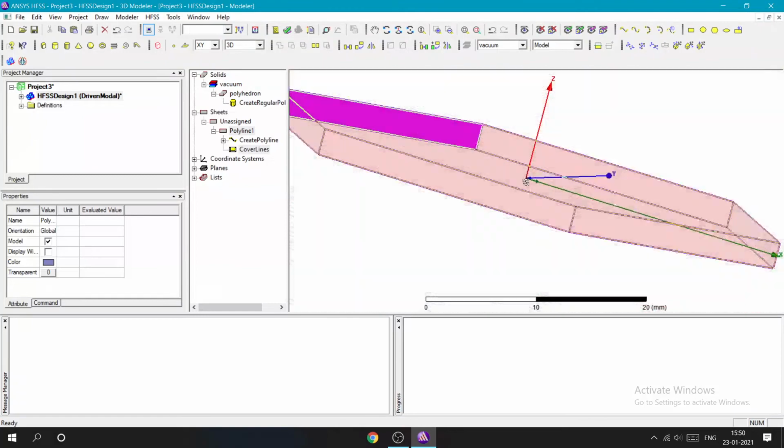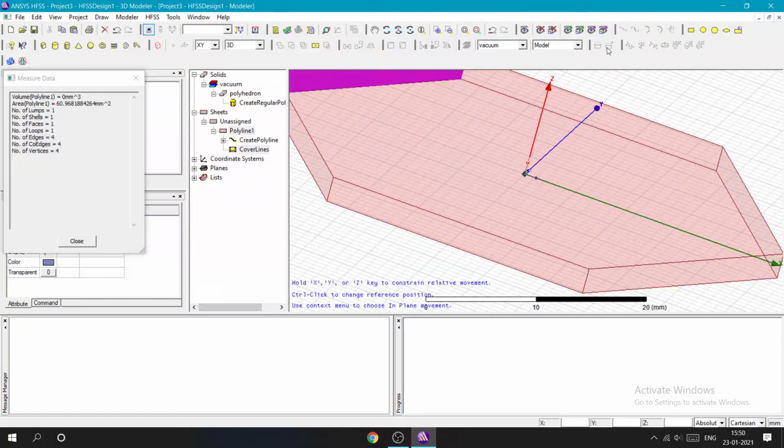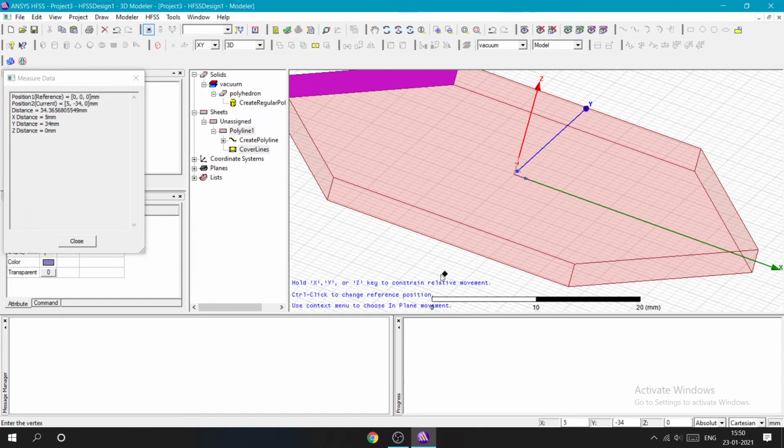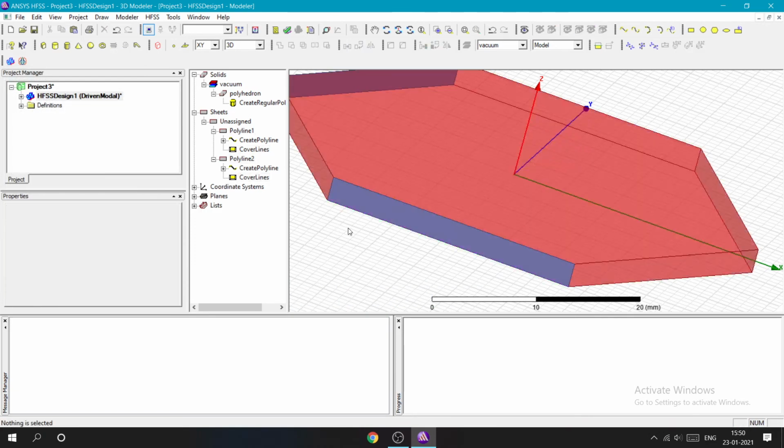So again I will do this for this face. If I want a plate that is the same size and in the same place, then we will go for this line tool. Select the vertices where you want the rectangle that you want to draw. So just select the line, vertices here, another vertex here, and come to the original starting position, and double click, and you will get this rectangle.